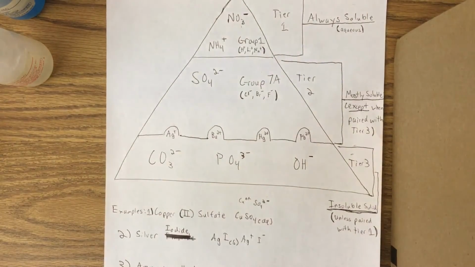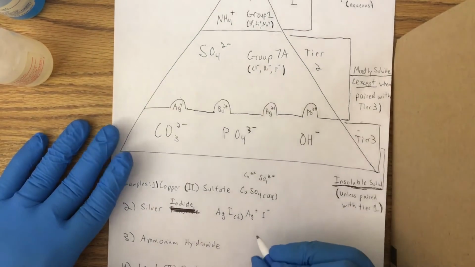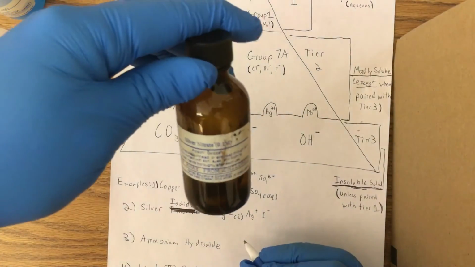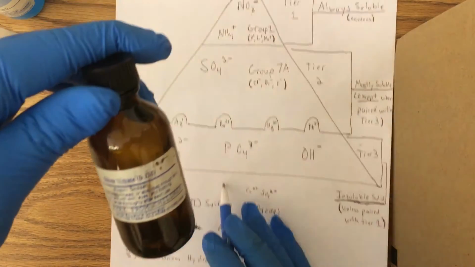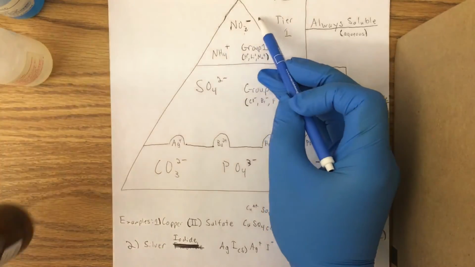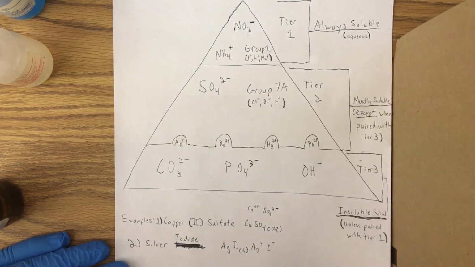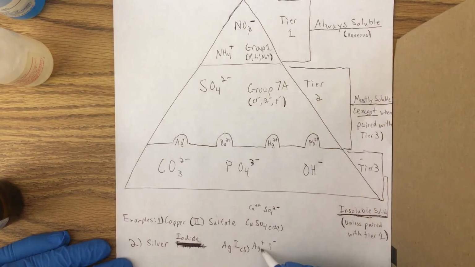Now, I don't have silver iodide in a bottle here because obviously it wouldn't be soluble, but I can make some. So if we do a double replacement reaction using this silver nitrate, something from group 3, paired with something from group 1, so group 1 overrides, this is a soluble solution, with sodium iodide, we would expect that to be insoluble. We would expect it to be insoluble and to form an insoluble solid. However,